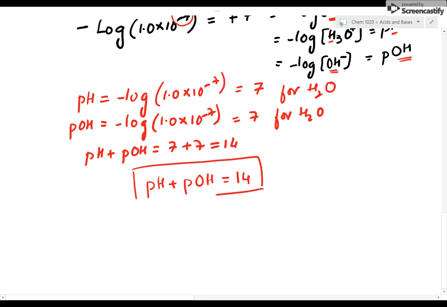And I'm going to just box this because this is a relationship which is used to solve many different types of numerical problems. Okay. With that being said, we're